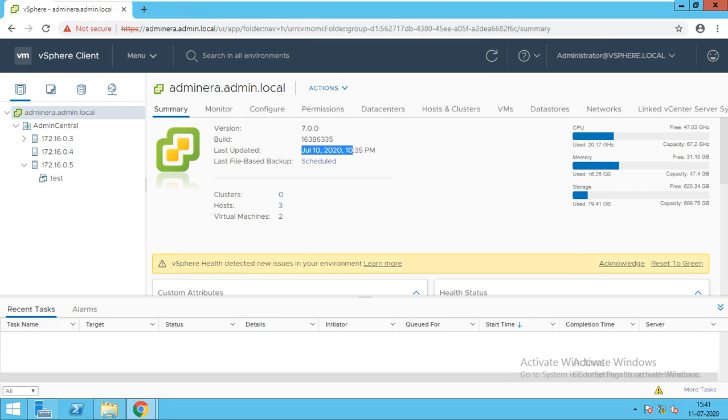The host with the lower mobility ID will be the slave, and the one with the higher mobility ID will be the master. So after the election process, master and slave are decided. Now the master checks availability on two parts: one is the datastore heartbeat, and the second is the network heartbeat.